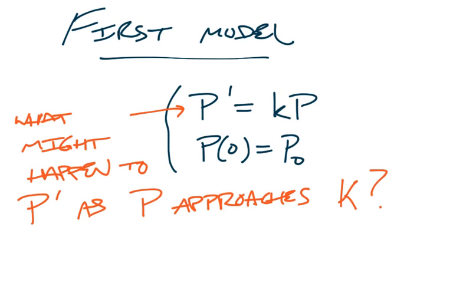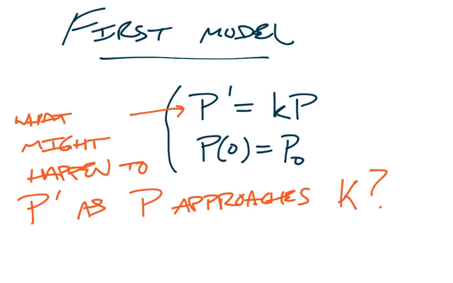Right? As your population gets really close to the carrying capacity, what do you think might happen to P prime? I'm not asking what's going to happen in the model I have written right here, because we're trying to change this model. There is no carrying capacity in the model I just wrote. Forget about what we already said about how this model is going to behave. Just think about a population like a bacteria in a petri dish. What do you think that population is going to do as it approaches the carrying capacity? How is that population going to react and behave?